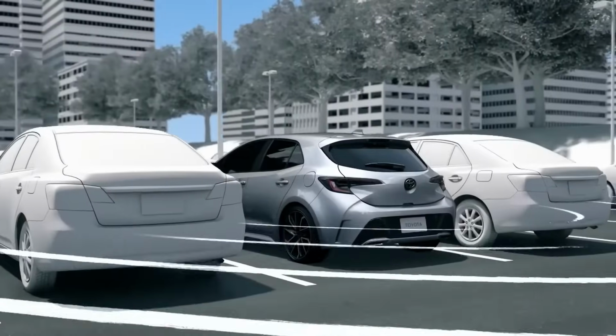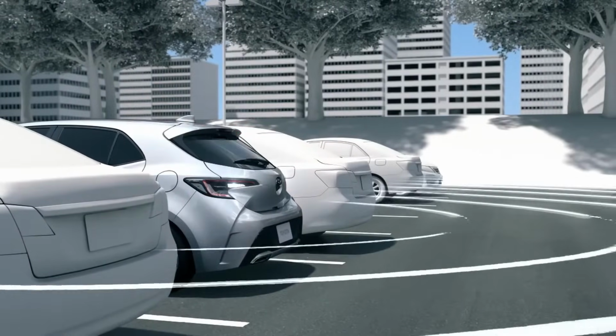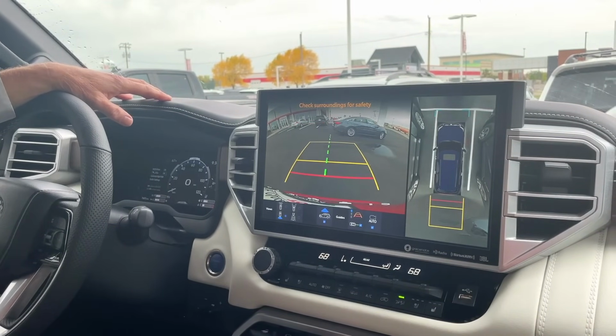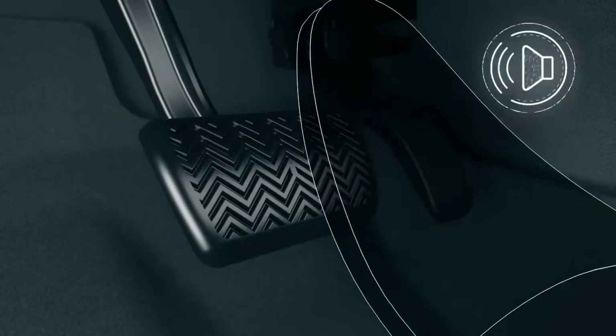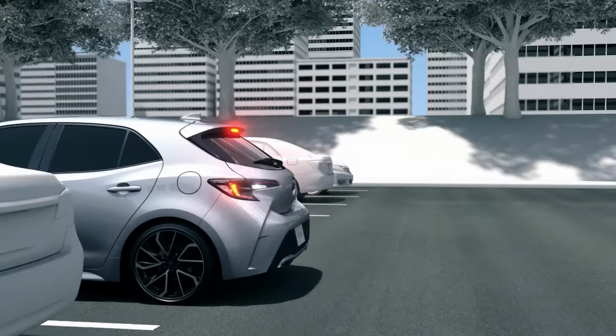Section 9. Rear cross traffic alert. Invisible eyes. Backing out of a parking space is dangerous, especially with tall SUVs or tinted glass. Rear cross traffic alert uses radar to detect approaching vehicles, bikes, or even pedestrians from the side, well before you can see them. It's like having eyes in the back of your head, and it's saved thousands of fender benders